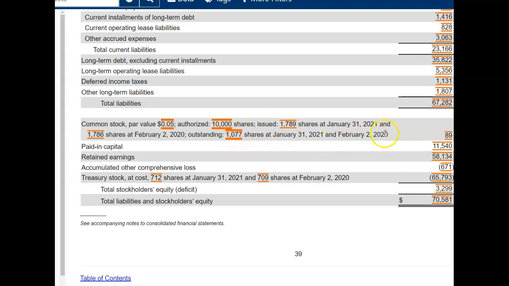All right, so look at this value over here. This $89 million is based on the number of shares that were issued times the par value. When we issue shares, we issue them at a price that's based on the market. So I'm making up the issue price for Home Depot. Let's assume that when we did the IPO, the stock was issued at $10 a share.